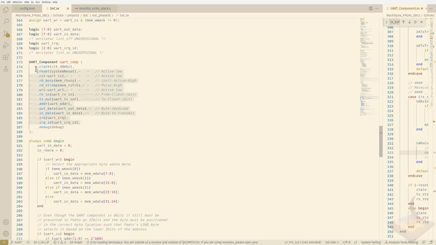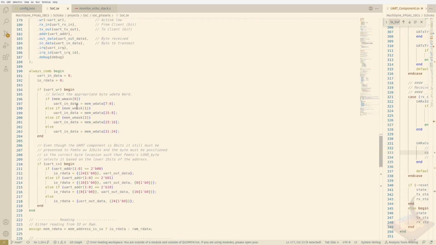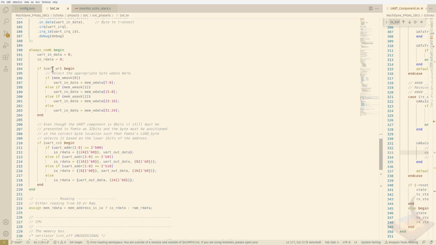We're interfacing all of those signals coming from Femto, coming from the UART component, receivers and transmitters, and we're binding them all up. Here we're looking to say, hey, are we trying to write to the UART? Okay, again, just like in memory, we have to look at the masks and find out which byte we're trying to write to our UART and pull it out. Again, this all has to do with the fact that a word sits over 4 byte addresses, if you will,